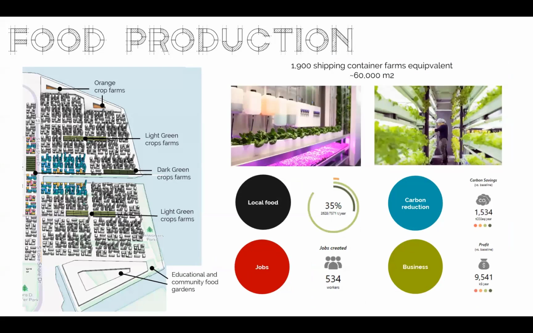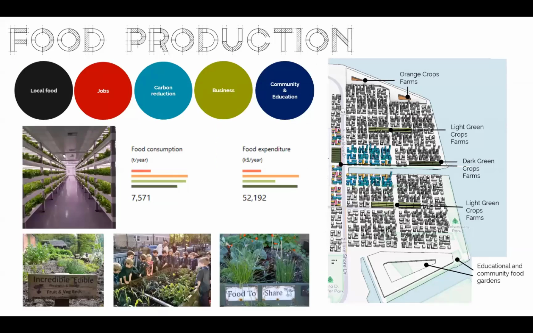As Tessa mentioned in the slide before, the neighborhood that we are considering is located in a lower income area with significant unemployment. And one of our main goals is therefore to provide jobs to the local community. Additionally, urban farming in the context of our site allows for reducing the carbon footprint of food while having a profitable business. And last but not least, we also aim to use farming and gathering as means of building a community and educating children. So for that, we designed educational and community food gardens, which kind of resemble the Incredible Edible movement